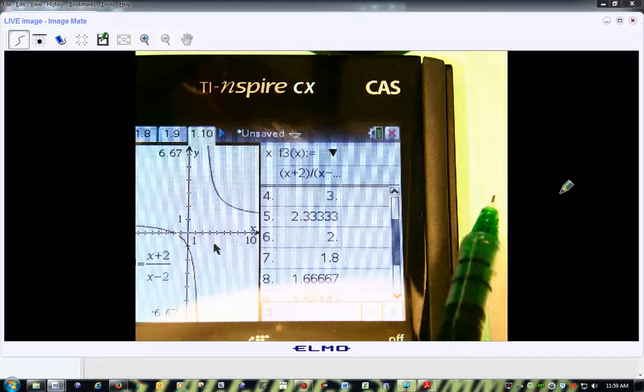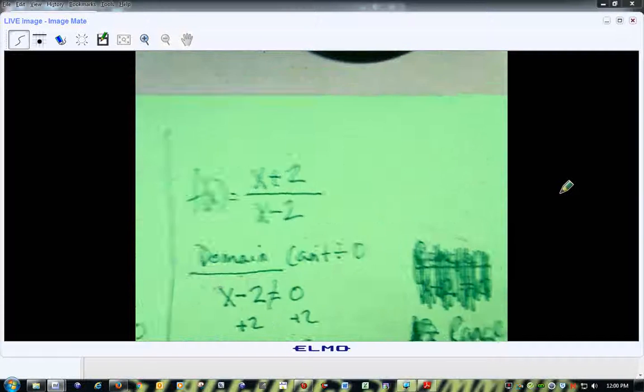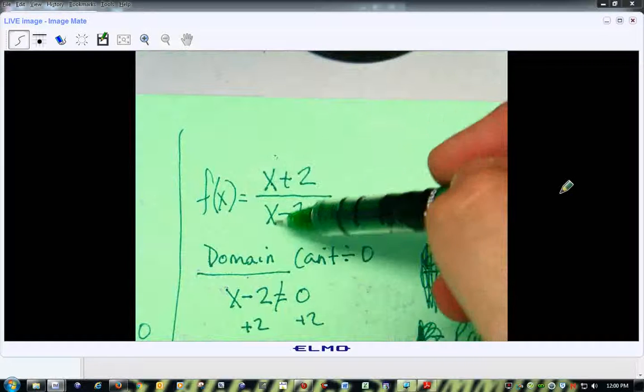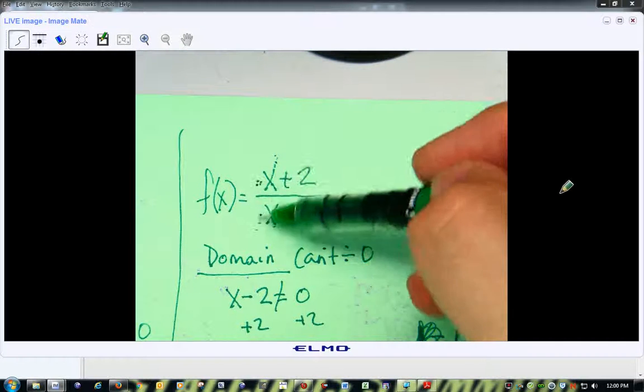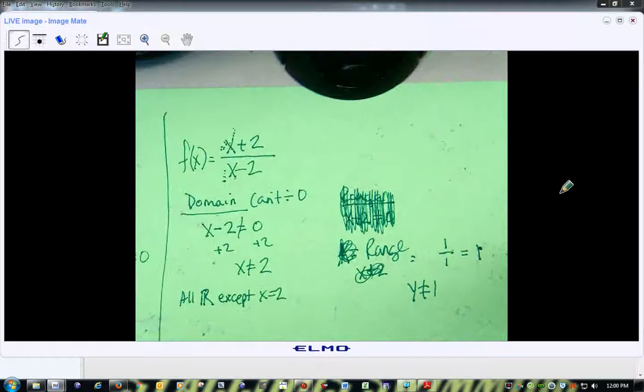Now, here's an easy way to figure out what your range is. When these two have the same powers, take these two numbers, whatever's in front of the x and whatever's in front of the x here, and divide them out. 1 over 1, that's going to get you to what? 1. So y can't equal 1. And that gets you your horizontal asymptote. You've got to remember how to get your horizontal asymptotes, which we talked about when we did rational expressions. But I'm running out of time, and I can't really go back into